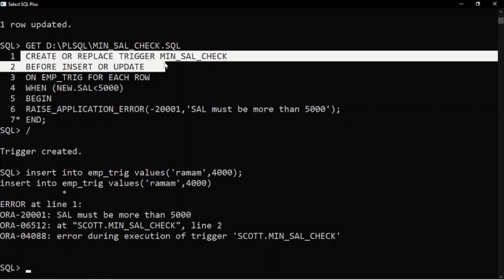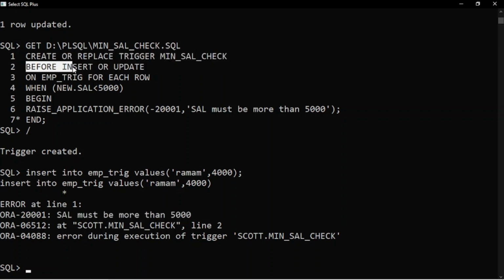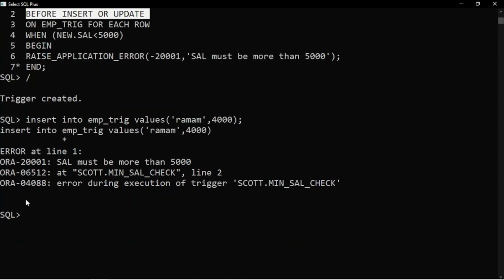Create or replace trigger min sal check, before insert or update. Let's try to update, but for updating I need to know the name of some employee. So let's do it for King, right?